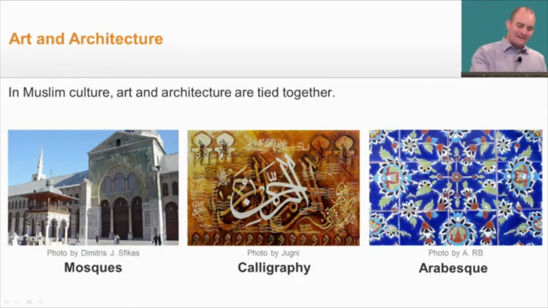Well, let me help you out. Take a look at those arches. And also, take a look at the columns. So again, you can see the blending of culture here. Also, right here, you can see the arches as well as the columns.